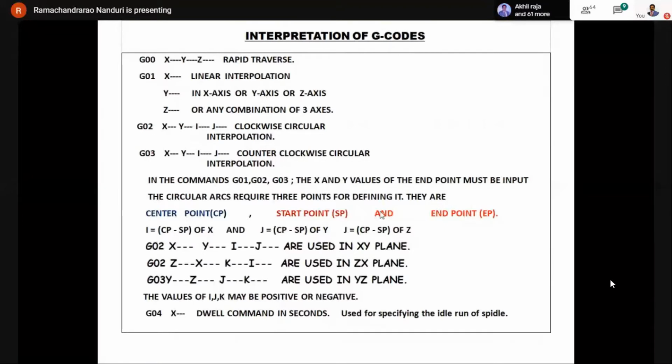Okay, so before doing any program, we have to summarize the coordinates of all the points, right from the start point to the first point, second point, third point, like that, until the last point of the geometry has been reached. Then it will be convenient for us to write the program without committing any mistakes. And we have to continue the same method until we have a good practice of editing the programs.